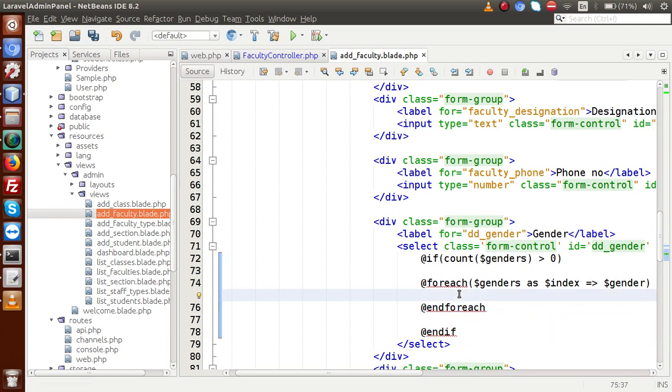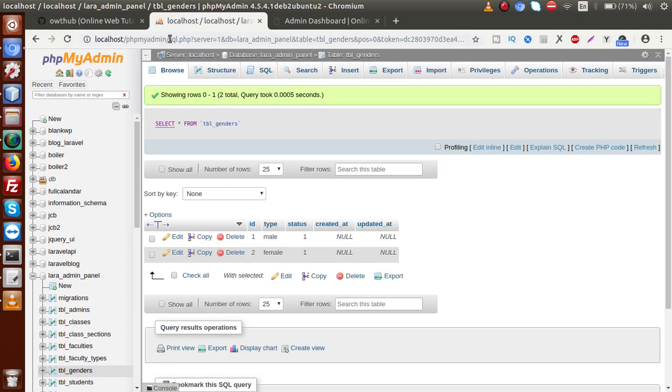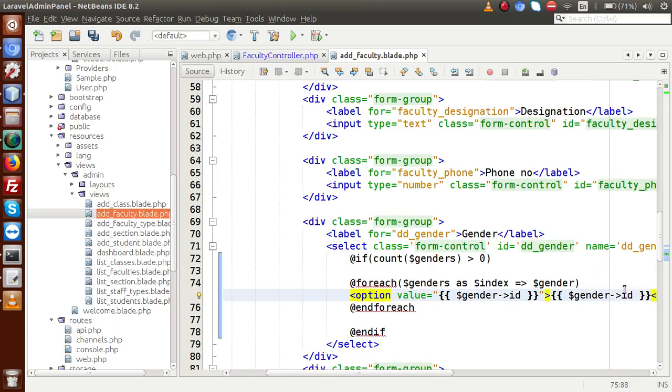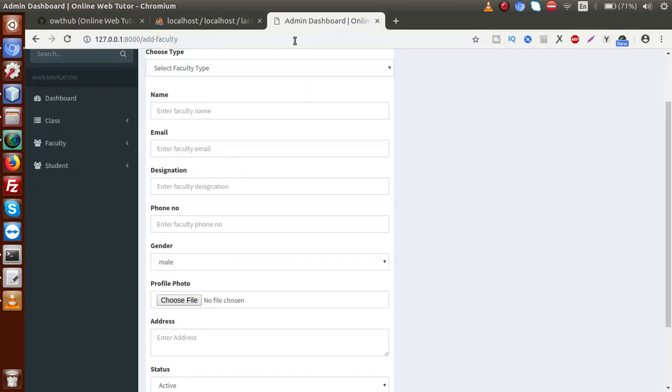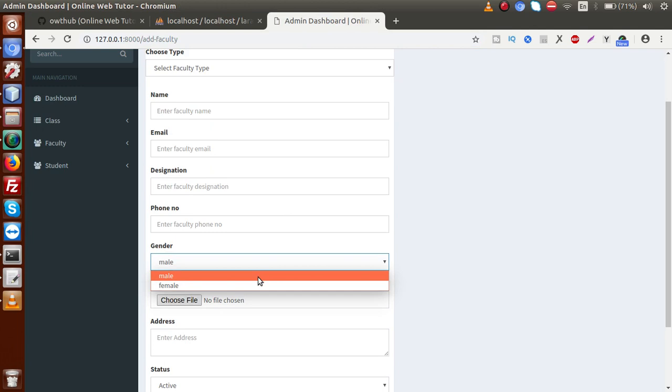Inside this foreach loop, I'm going to populate all these values inside this option tag. For the value, I have gender ID. This is all about the ID. If I copy this, paste it here, and go to the database table, the column is called type. This is the type we want to populate, so we write gender type. If I save this file, go back to the browser and reload this page, now this is all about male and